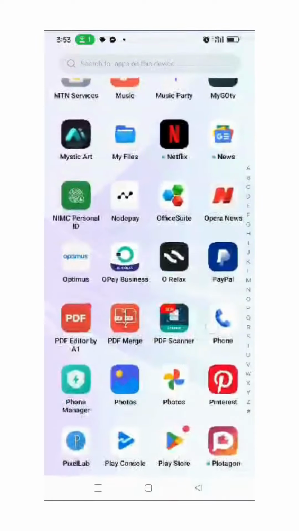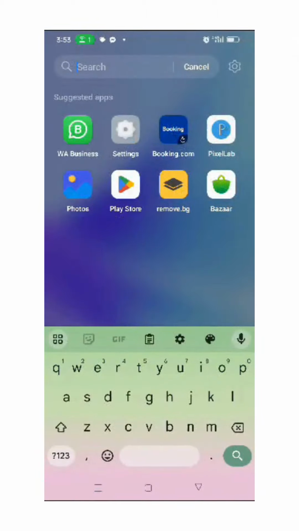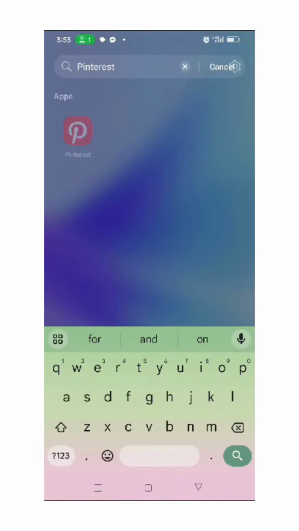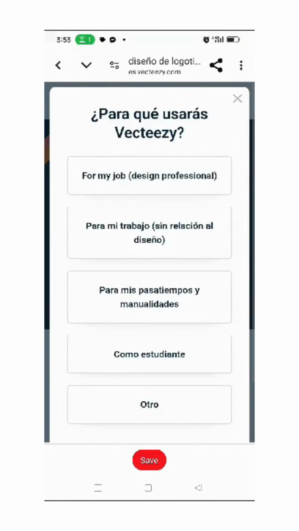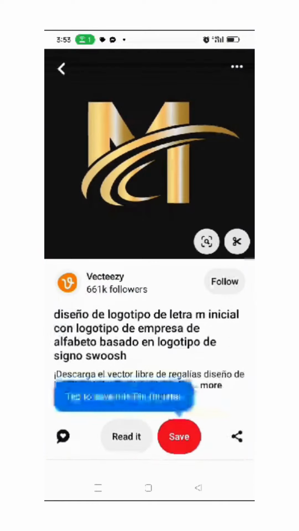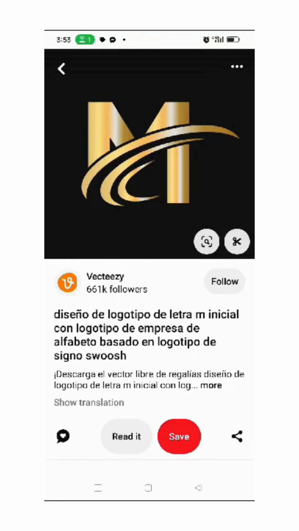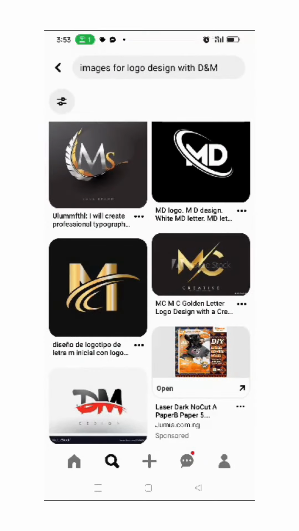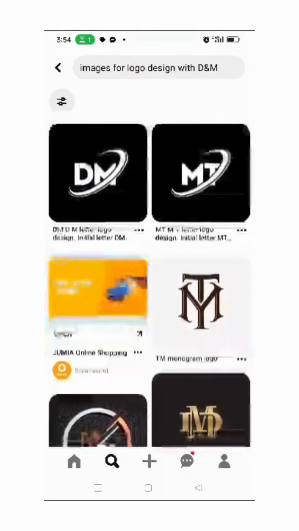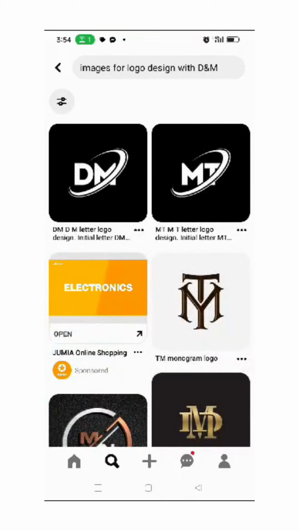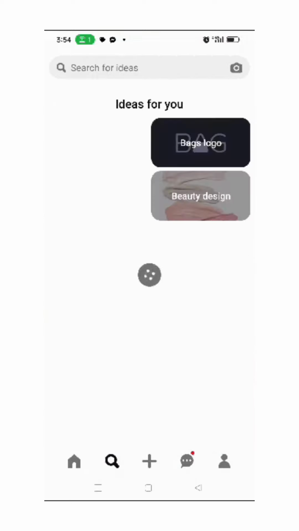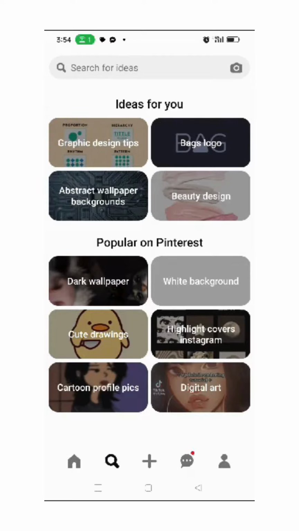You have to know what it is for. Just search for it and select it. It's already open in my own. Once you select it, you sign up with your email address. I'm already signed in, but you need to sign up with your email address. When you sign up, you come to the search button and say,